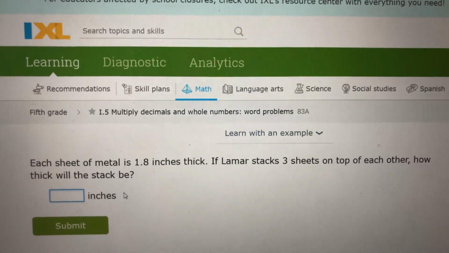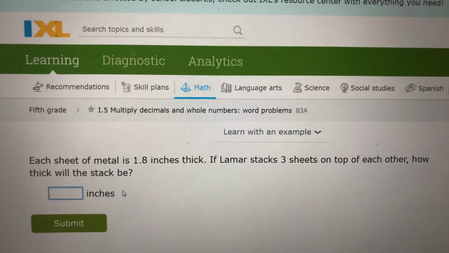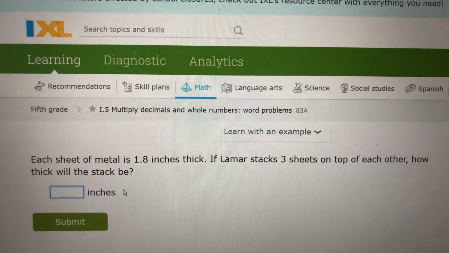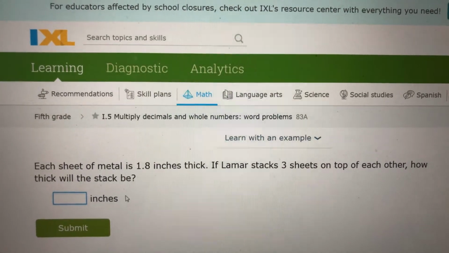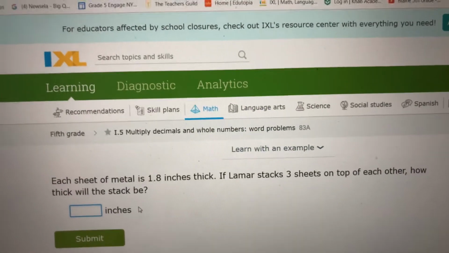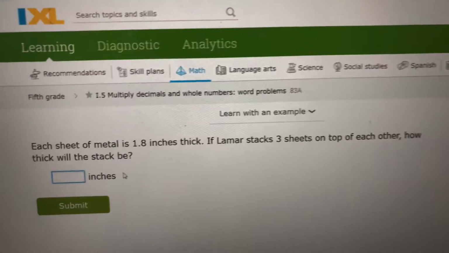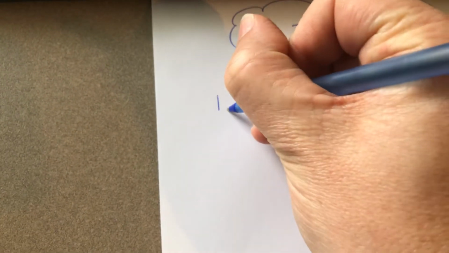Okay, so here's the question. Each sheet of metal is 1.8 inches thick. If Lamar stacks 3 sheets on top of each other, how thick will the stack be? So we have 1 is 1.8 and he has 3 stacks. So it's going to be 1.8 times 3. So we come here, we write down 1.8